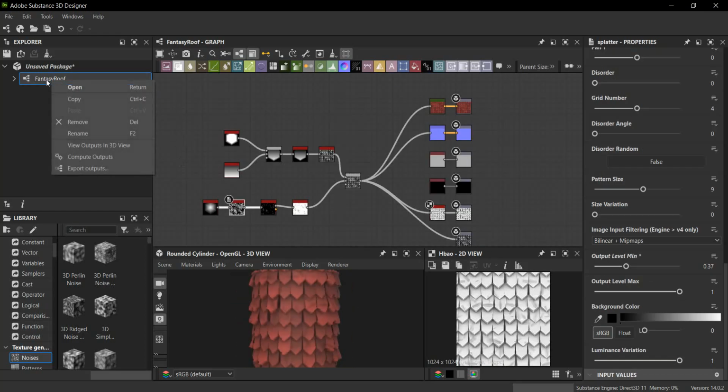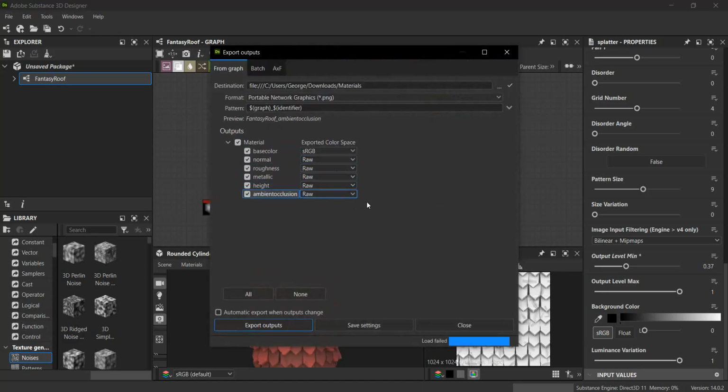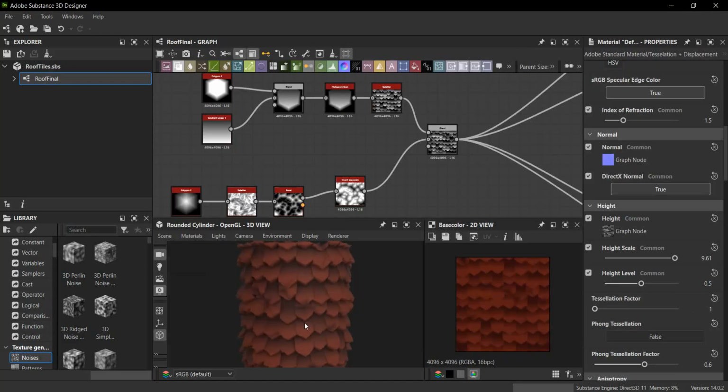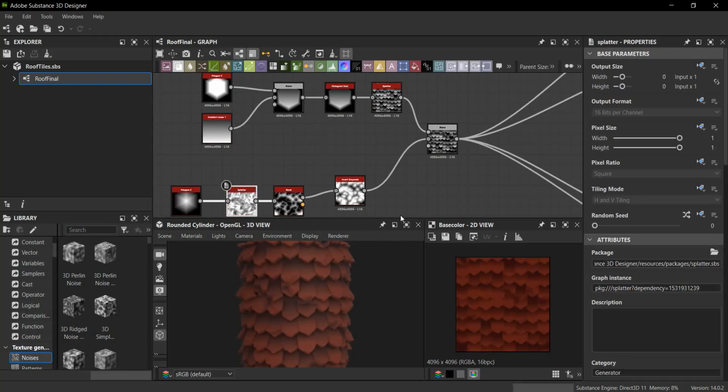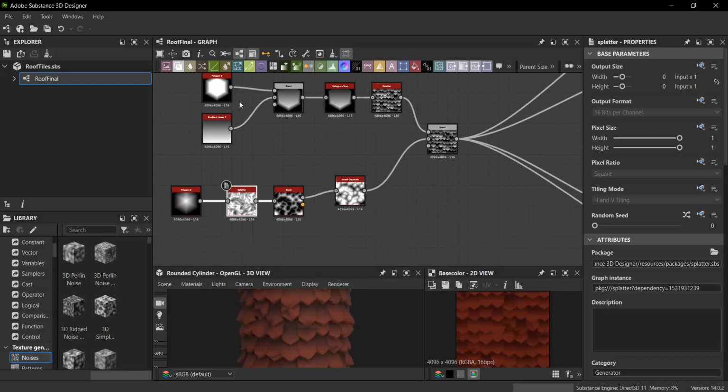So go here, right click, export outputs. You can keep this as it is. I just changed some things up a bit, so it looks something like this. I don't know if the damage is gonna be the same, but I'm just gonna show you what I've changed